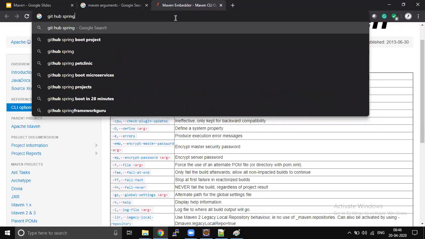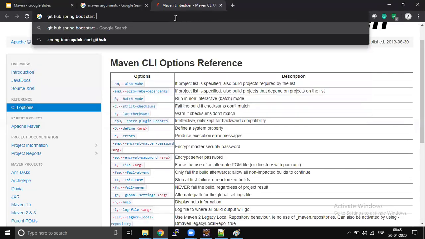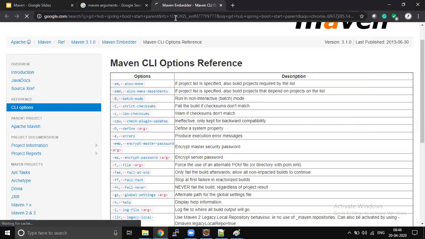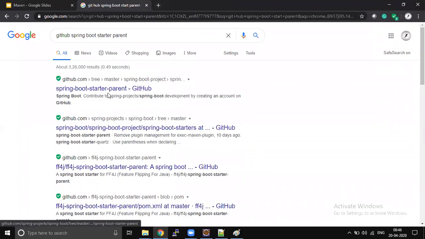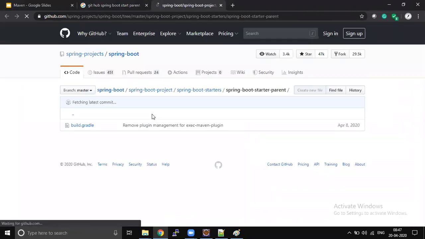GitHub, Spring Boot starter. Yeah, here is the place where the complete project is present.